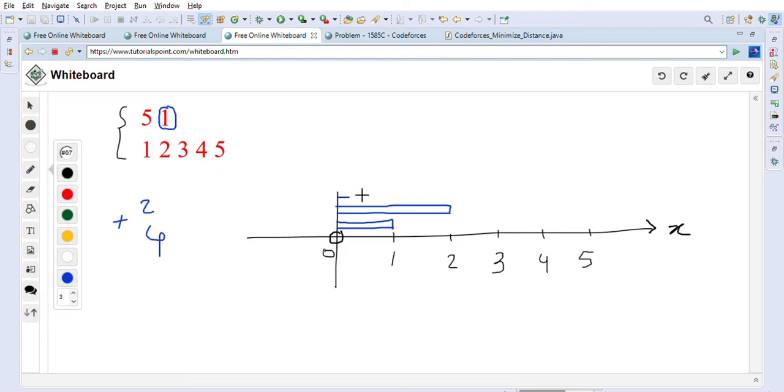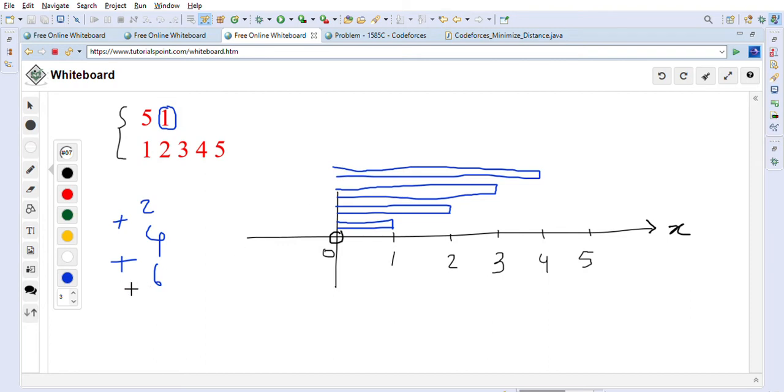Again we will collect a bag, go to depot 3, and come back after delivering, so total distance is 6. Similarly, from the origin we will collect one bag, deliver it to 4, and again we will have to come back to pick up the fifth bag.